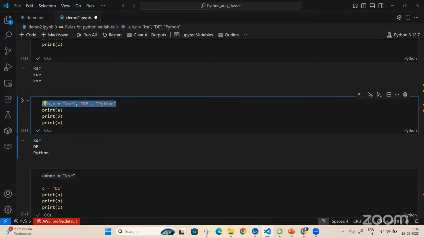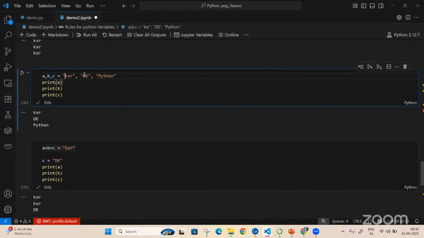Sir, if I put A comma B comma C equal to data, it will throw an error. Now, if I put only data, how many variables are here? 3. How many letters are here? 4.